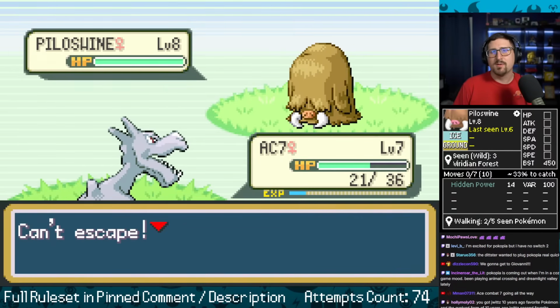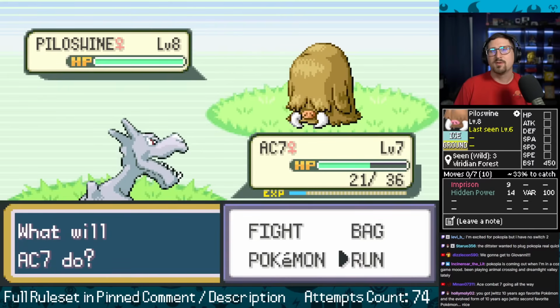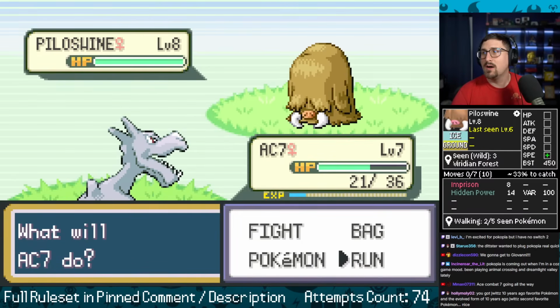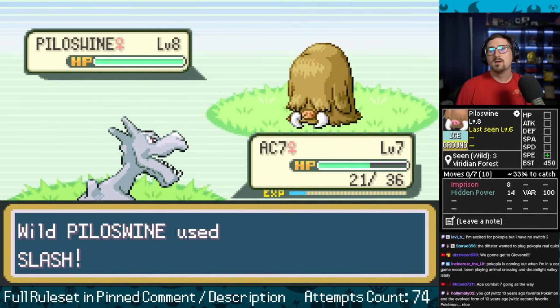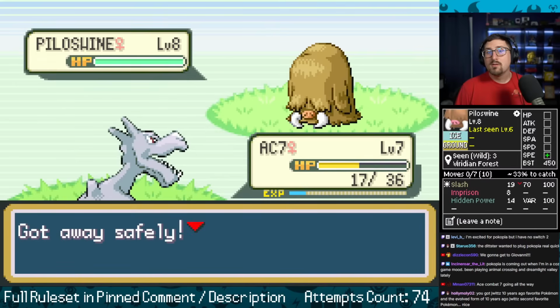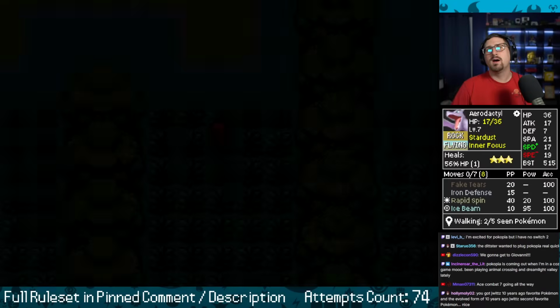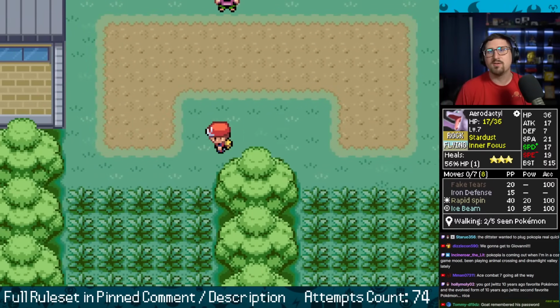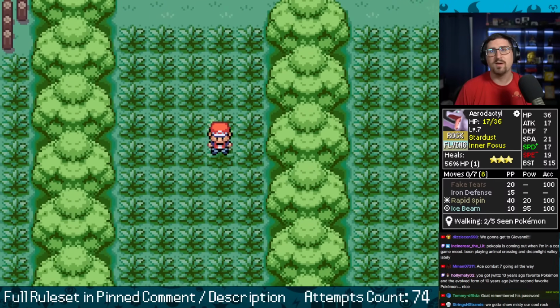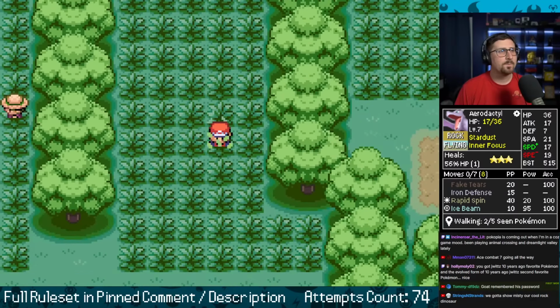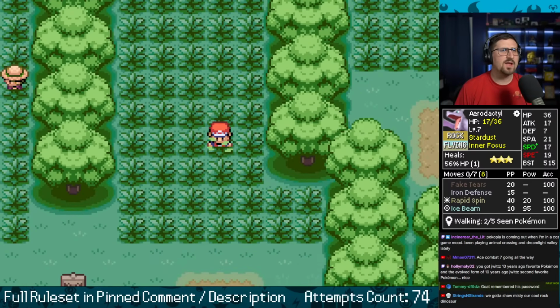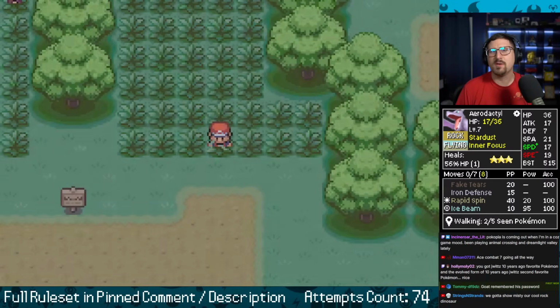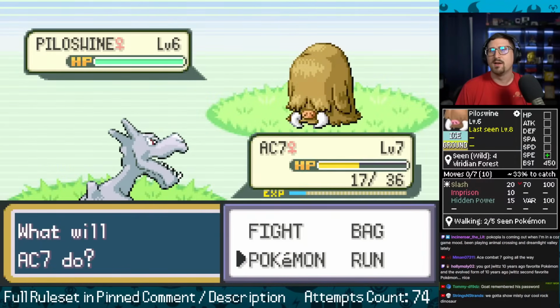I can probably survive another one, but... Prison. How fast is this thing? Uh-oh. Uh-oh. Dude! If I run into Pillar Swine again, I might have to use my potion, which would be terrible, but that's just how it is. That's a level higher, sure, but 19 speed is usually safe even with the level higher.